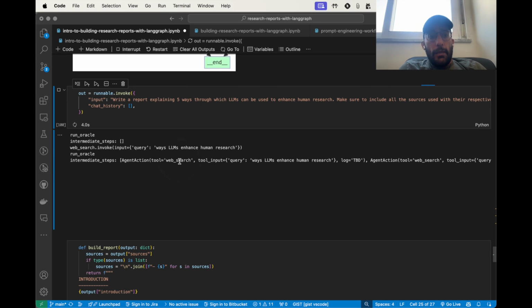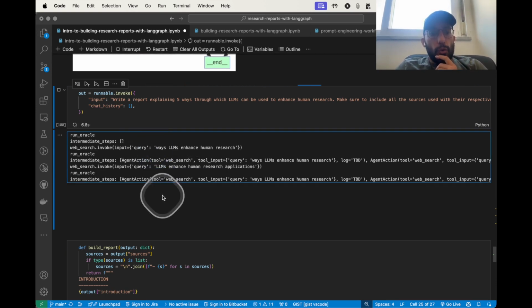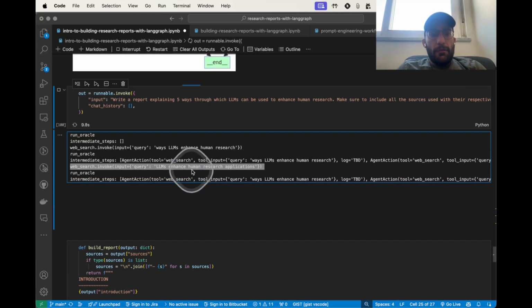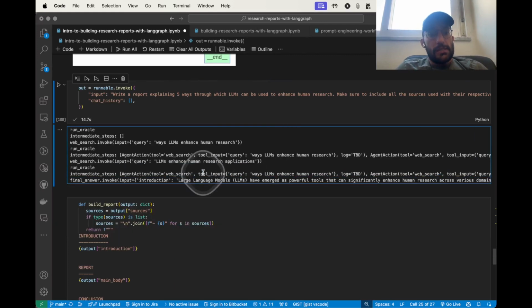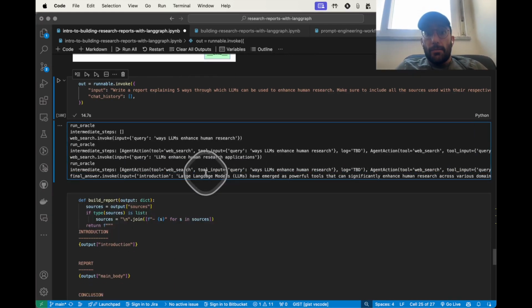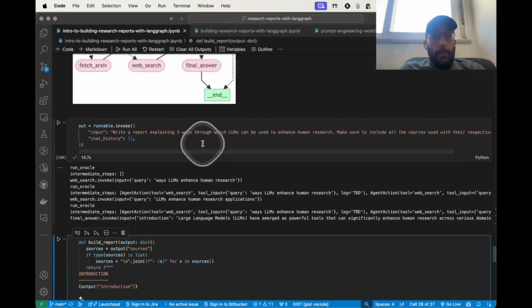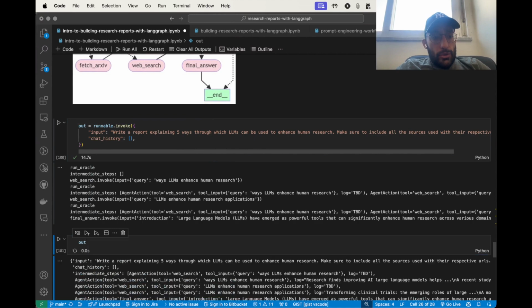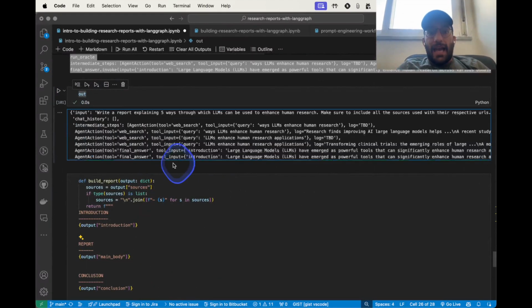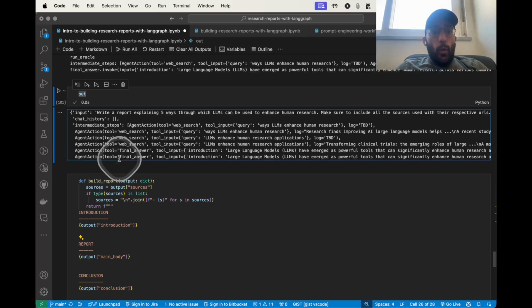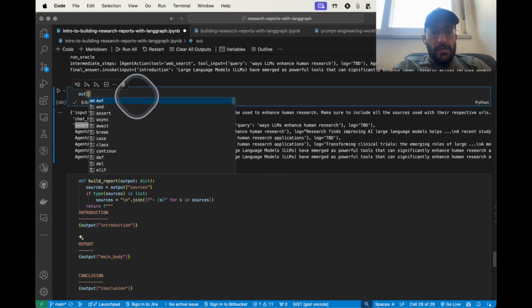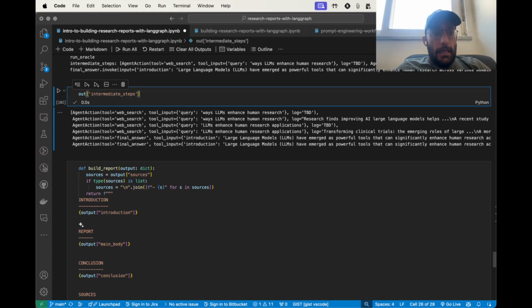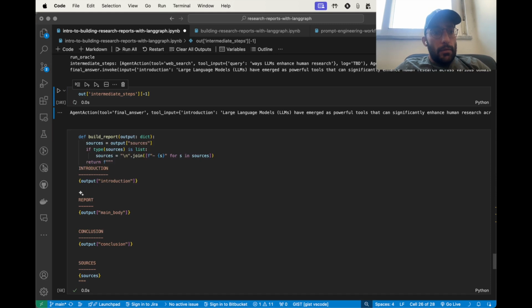and I'm going to skip this part where it's running, but you can already see that the model is invoking tools, and then the tools are being invoked with different inputs, and the model is collecting information from those invocations, and then hopefully it's going to produce a pretty good report. So now we have a report, and if I go here and I say out, I get this string containing everything that happened, okay? And if I want the absolute output, the last thing, I would have to access the intermediate steps. So I would have to say intermediate steps, and then I would have to say -1, and then